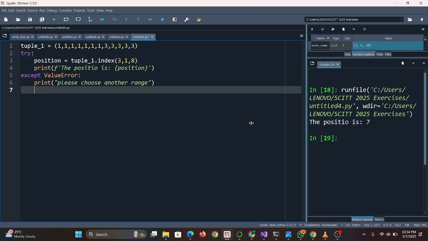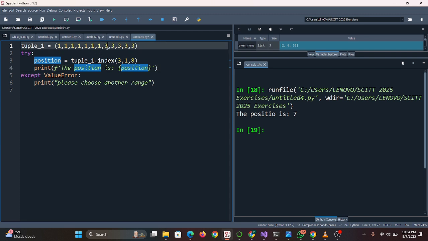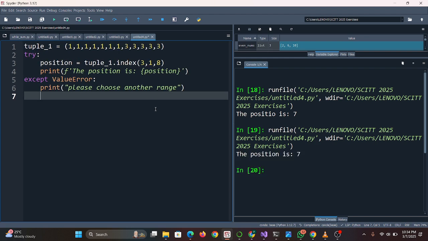If we check on the right side of the pane, the position is 7. So the element we are looking for is 0, 1, 2, 3, 4, 5, 6, 7. This 3 is in position 7, as you can see. So our program spits out that the position is 7. Okay,